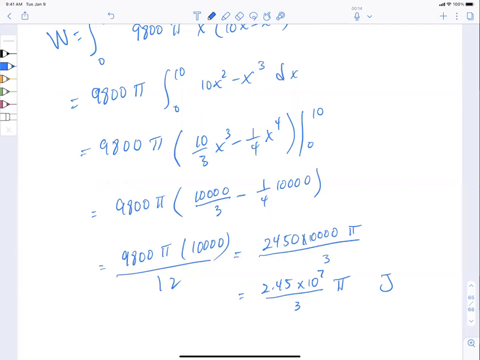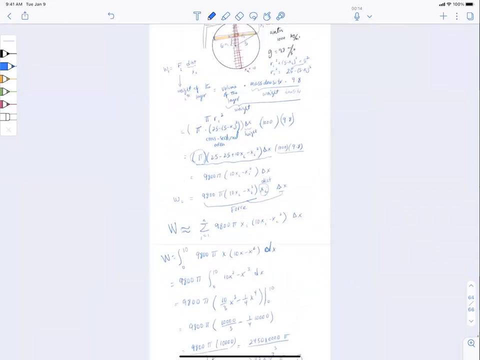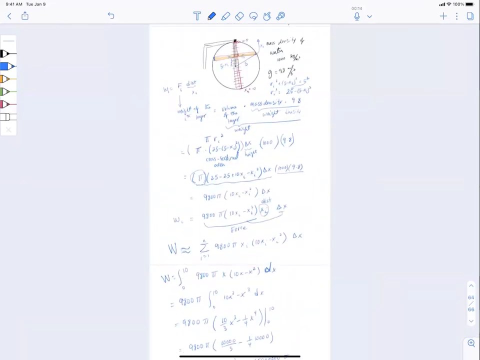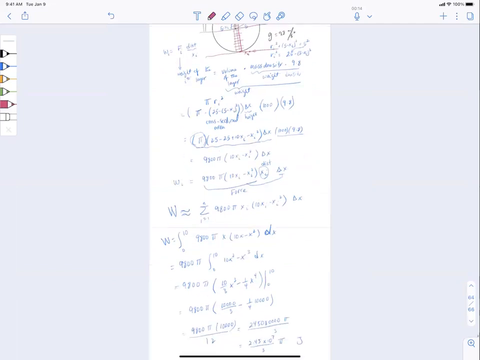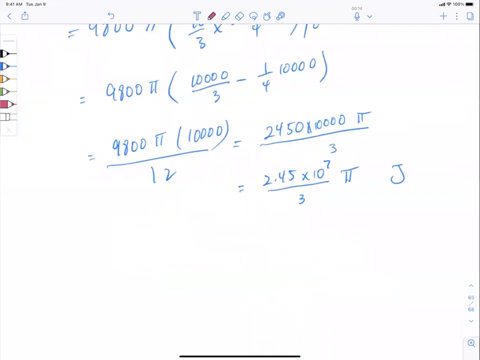Now, if I modify my question slightly and say, okay, instead of going from the top of the tank to the bottom of the tank, I just want to know how much work is done emptying half of the tank. Then all that would change is, instead of going from 0 to 10, you would go from 5 to 10. So if it's just the bottom half of the tank,